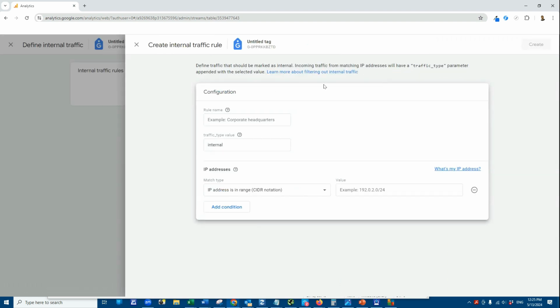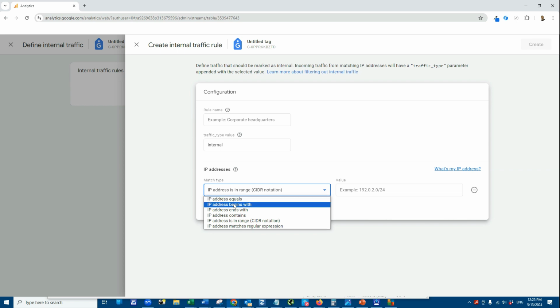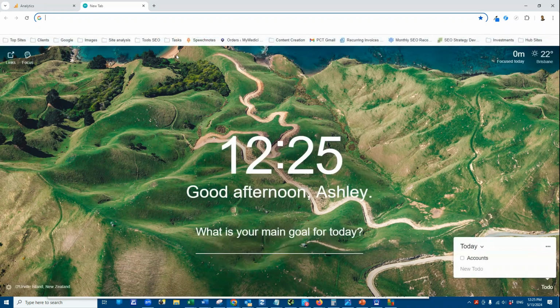So hit create, give it a name, for instance, exclude my IP or exclude office IP addresses. You can just leave that as it is, and in here select the one that is relevant. So you want to put an exact IP address or IP address range that begins with a certain value or an actual range here. Now, if it's just you, then you can use a tool like What's My IP,